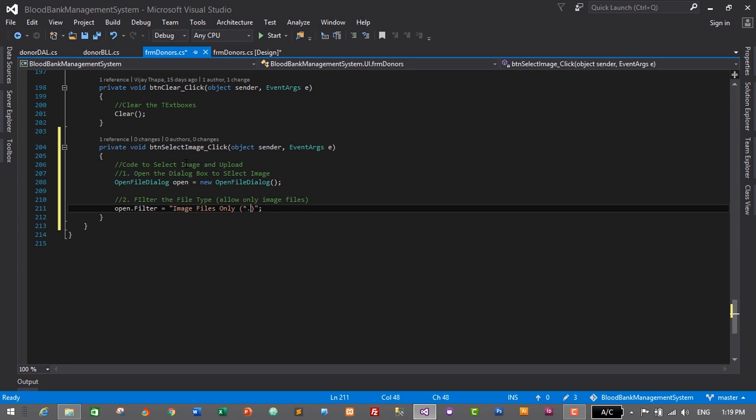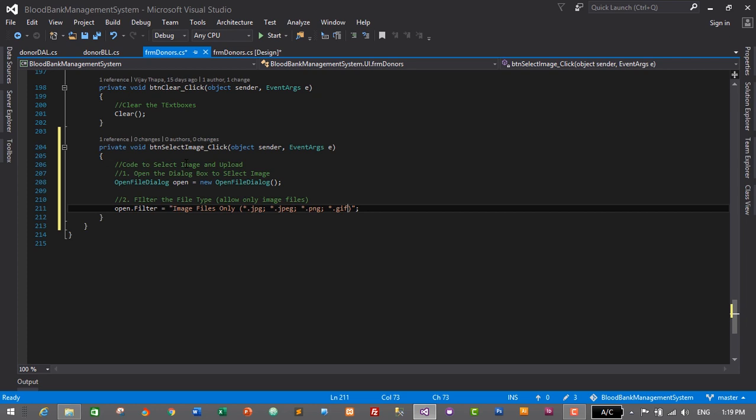So *.jpg is allowed, and then semicolon *.jpeg semicolon *.png semicolon and